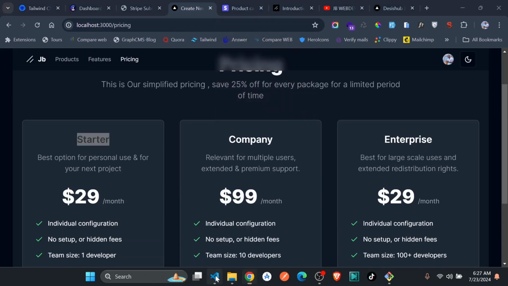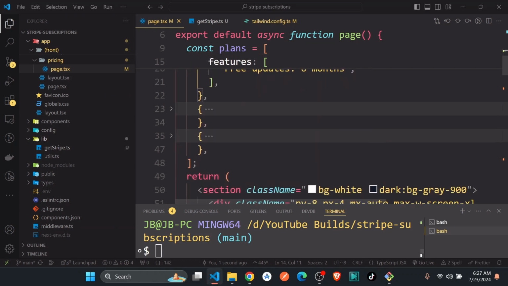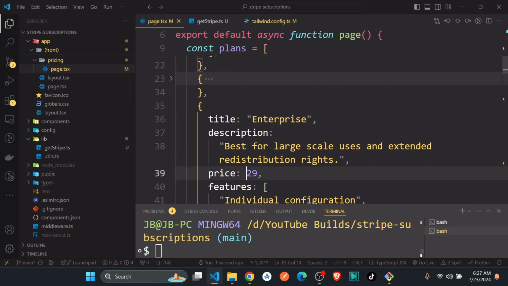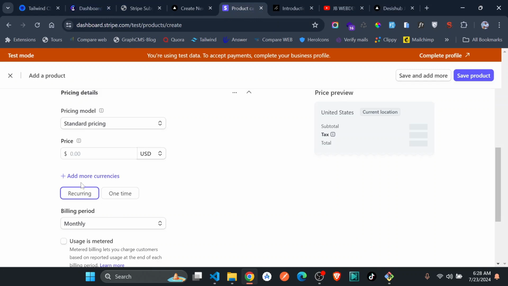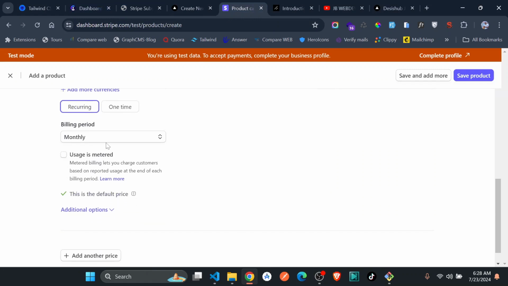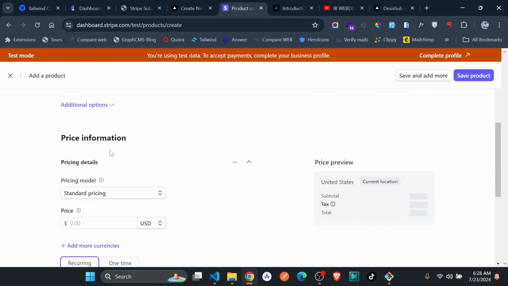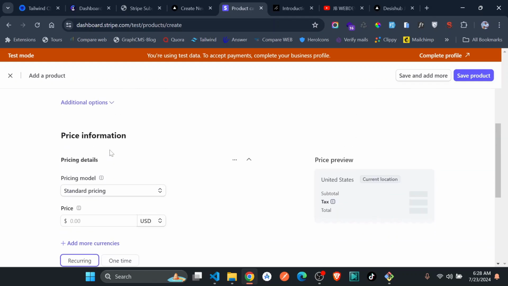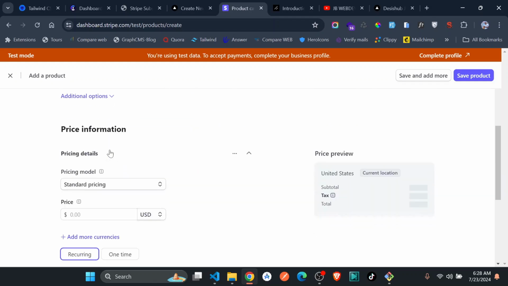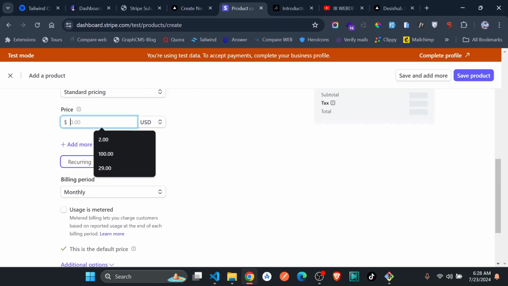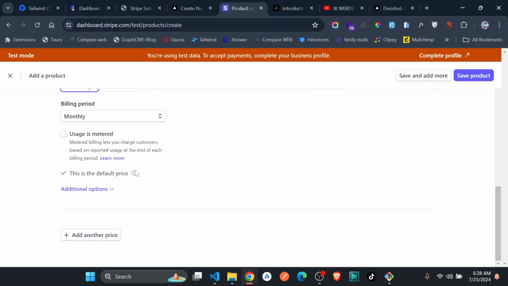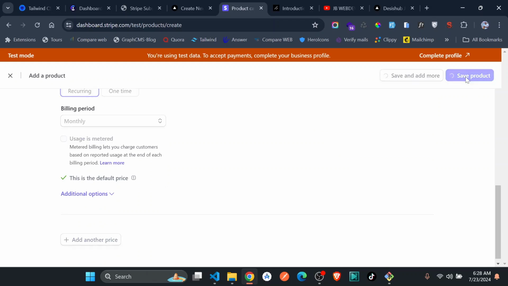This one actually has $4.99. Just a second. This has $4.99. This one company has 99, so I'm just going to go ahead and create standard pricing, monthly, just like that. The name is company. Okay, so that's it. I just need to add here 99 and just simply say product,